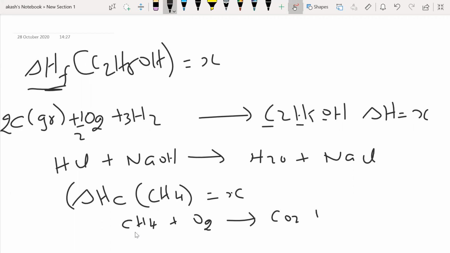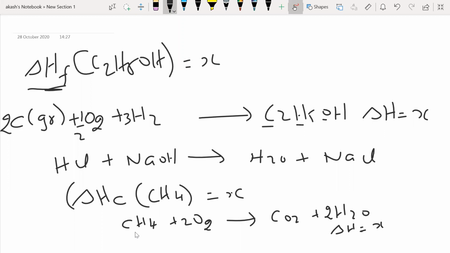So this you have studied in your 10th class, right? CO2 plus H2O. Now is this balanced? You have to balance it. There is one carbon. If at all there are 2 carbon atoms, you have to make sure that there is a half along with the CH4, but there is no problem here. Now I have 2 oxygens, 3 oxygens. Hydrogen, I have 2 hydrogens here and 4 hydrogens there, so here it should be 2. Then again the oxygen will change. There are 4 oxygen atoms, so this would be 2 O2. So for this reaction the enthalpy is some X.